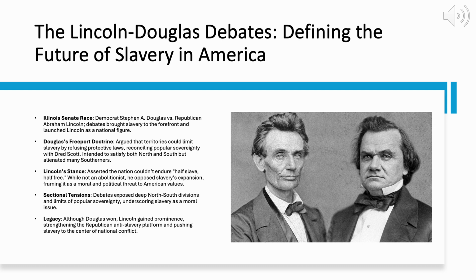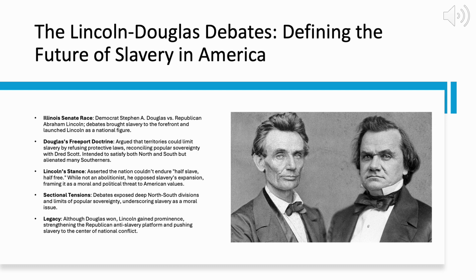In his speeches, Lincoln framed slavery as a moral evil that conflicted with the ideals of liberty and equality embedded in the Declaration of Independence. He appealed to Northerners by emphasizing the dangers of a growing slave power that he believed sought to dominate American politics. The Lincoln-Douglas debates